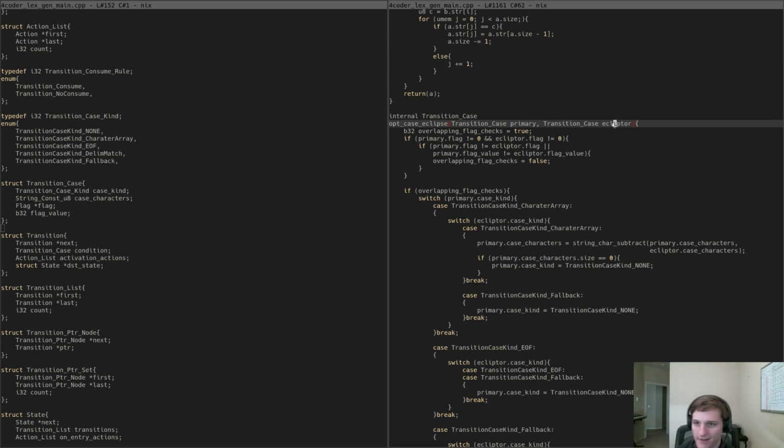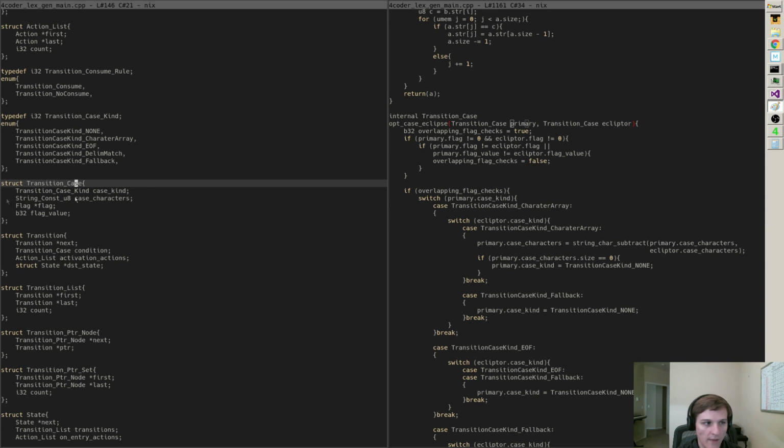What we want is something that's more like, if this is my primary, is there anything that this handles that this also handles? And what is it? So this was kind of like a subtraction. If you think of this as the set, alright, let's think about it that way. That's what we need to do. Transition case really is just a set that describes a subset of the possible configurations for, let's pop all the way back to this thing,